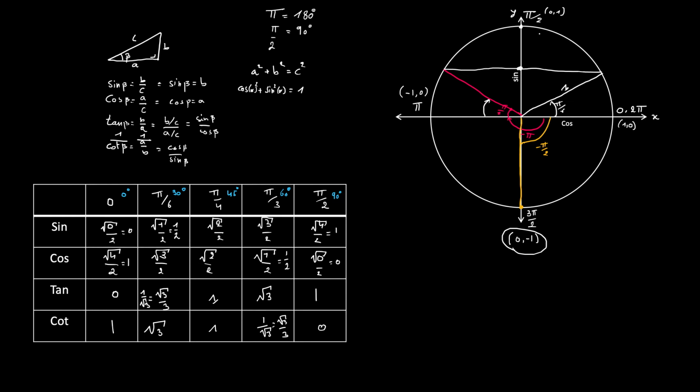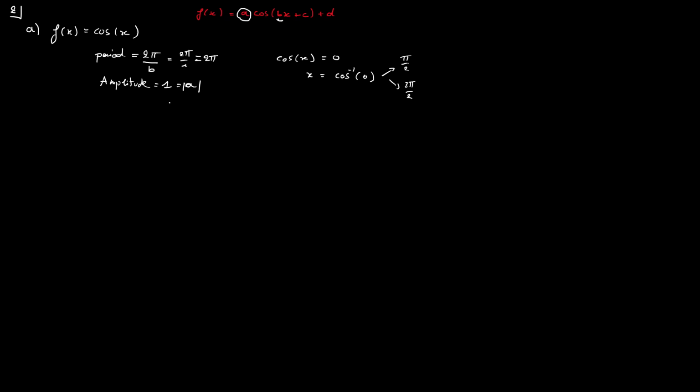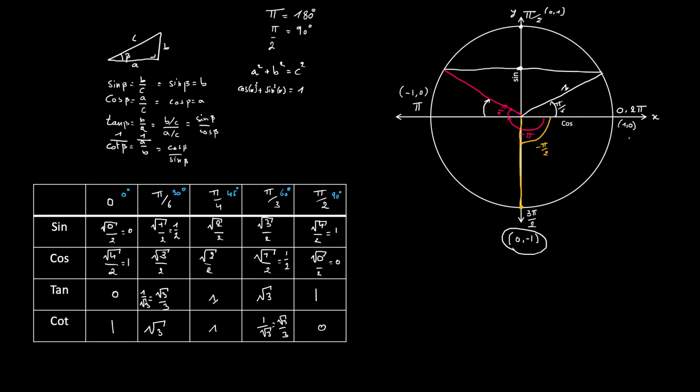Well, you can know your geometric circle and say, okay, here cosine is going to be 0 and here cosine is going to be 0, because that's where our x-coordinate is going to be equal to 0. And that's very true, you can do that. But also in the theory overview, I've given you a short summary of how you can keep track of those things. So here you would say, okay, it's pi over 2, and here 3 pi over 2,